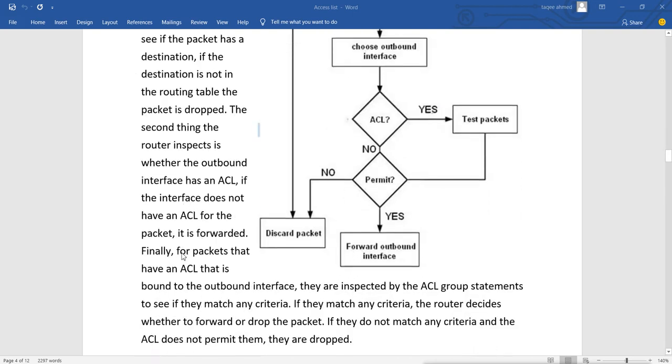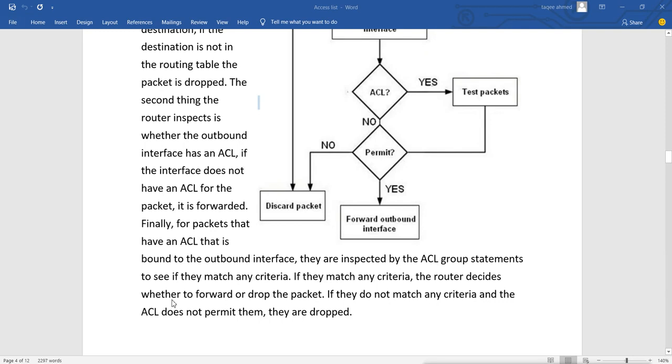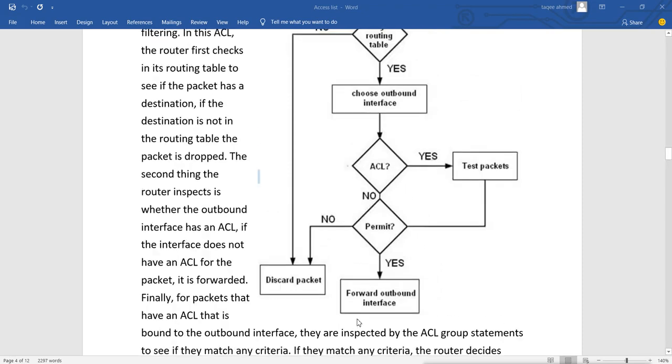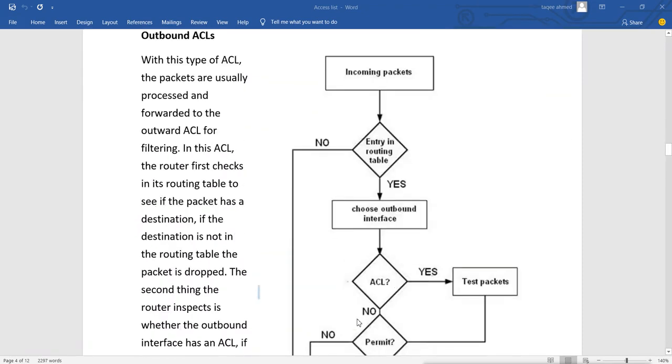For packets that have an ACL bound to the outbound interface, they are inspected by the ACL statements to see if they match any criteria, and if they match, the router decides whether to forward or drop the packet. If they do not match any criteria and the ACL does not permit them, they are dropped.